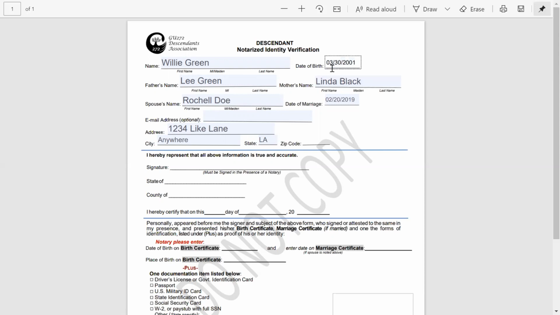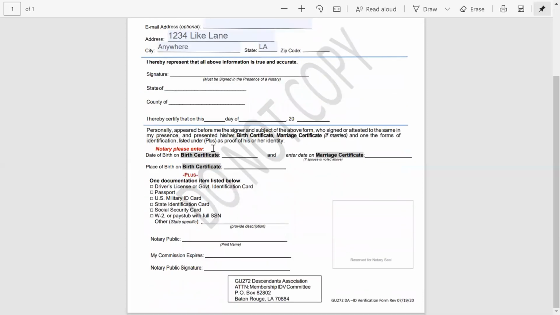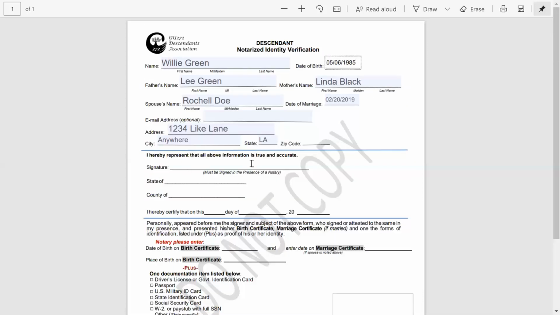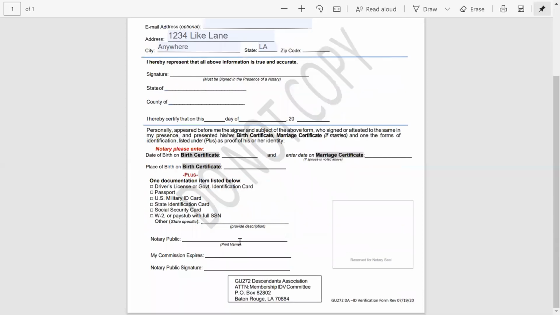His date of birth would probably be, and you would simply do the same thing for him. He would sign this in the presence of the notary, and his birth date and his birth certificate will be here. You guys' marriage certificate would be there,